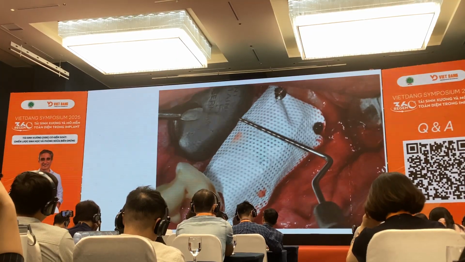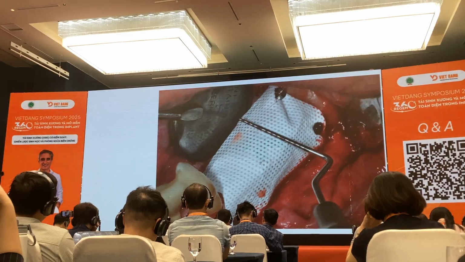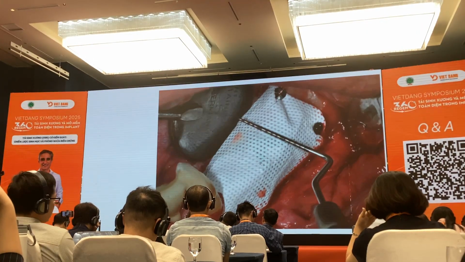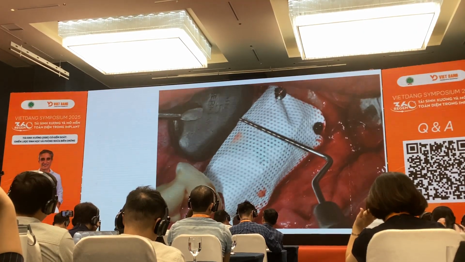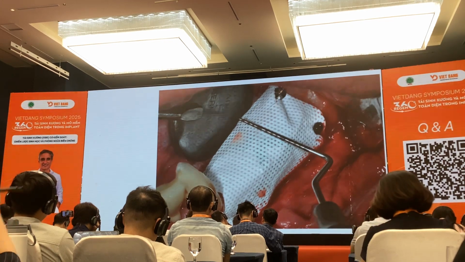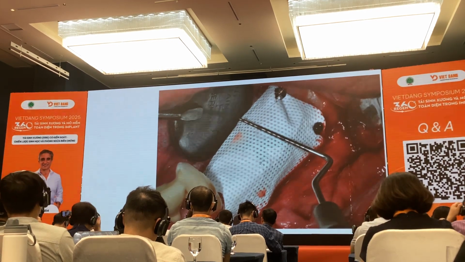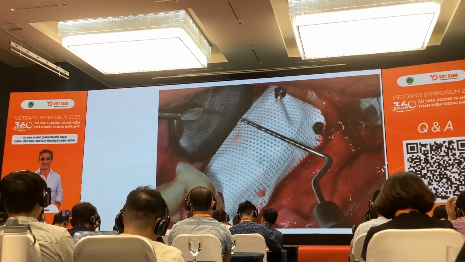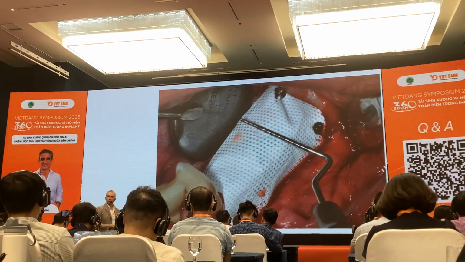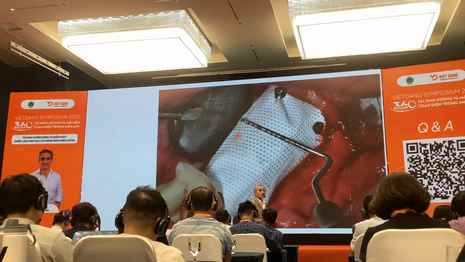This is the reason why, when we perform the bone regeneration, we have to calculate the dimension of the new width in order to compensate the remodeling of the bone after the removal of the membrane. And the 12 millimeters